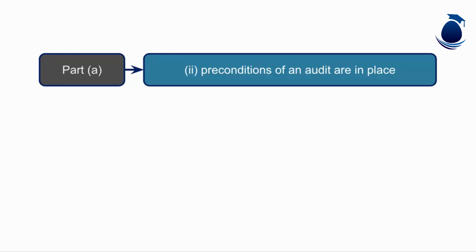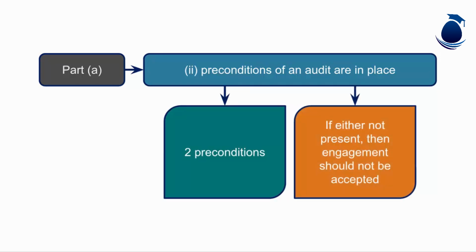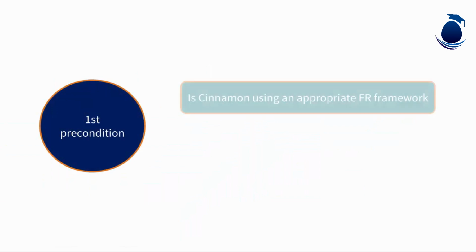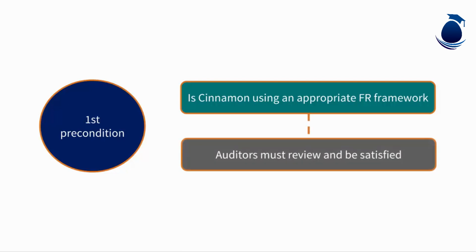For Part 2, we also need to describe steps to confirm whether the preconditions are in place. There are 2 preconditions that should be in place before accepting an audit client. If either are not present, then the engagement should not be accepted by the audit firm. One precondition is to identify if Cinnamon is using an appropriate financial reporting framework. When preparing their financial statements, the auditors must be satisfied that they agree with the basis of preparation